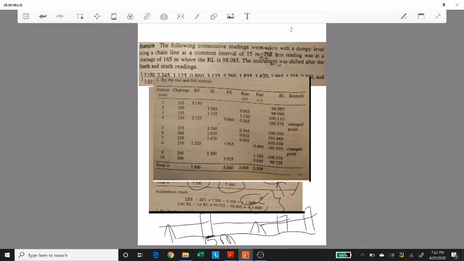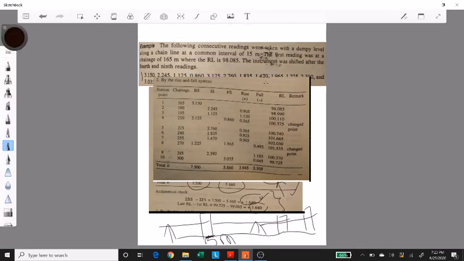The difference in the two methods is only in this part. Before this, setting out the table is the same. You just set out the table once, and in the first case, you write height of the instrument. But in the rise and fall method, instead of that, you add one more column and you write down rise or fall. So, like we discussed, the rise and fall method,